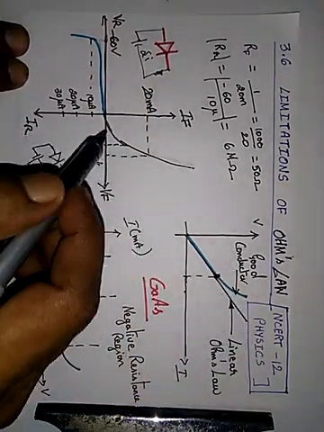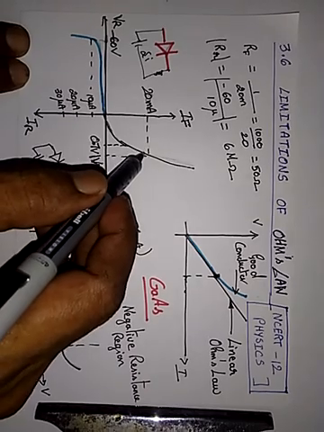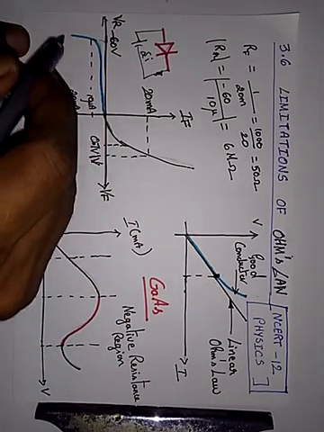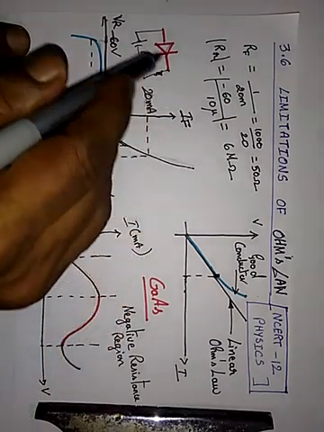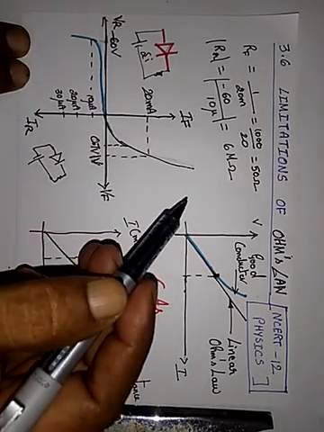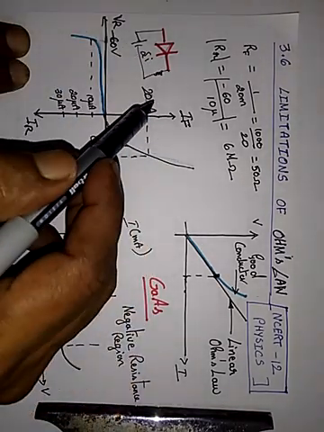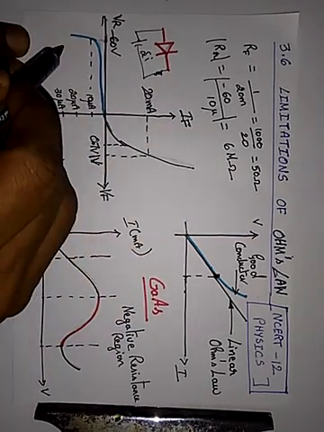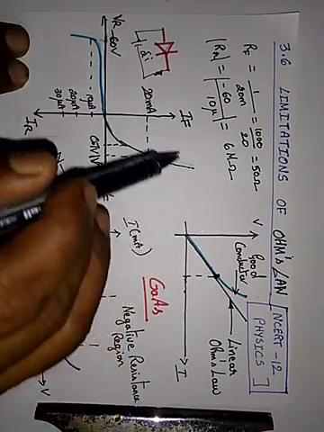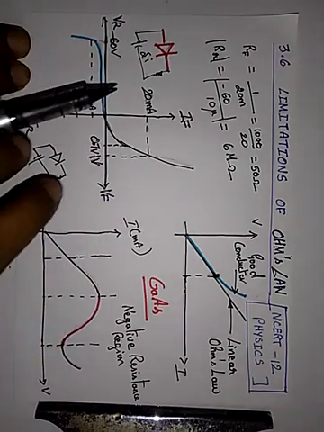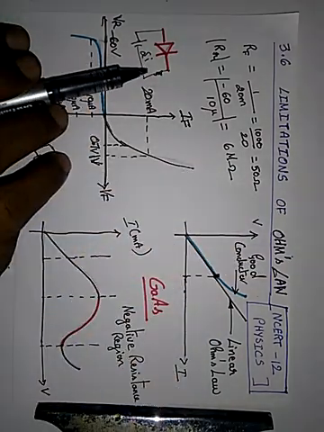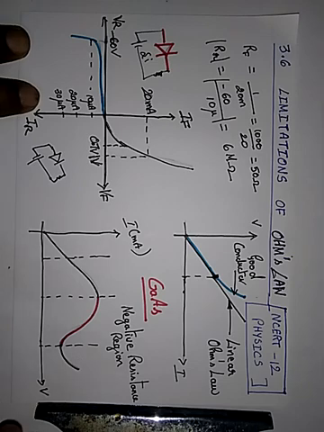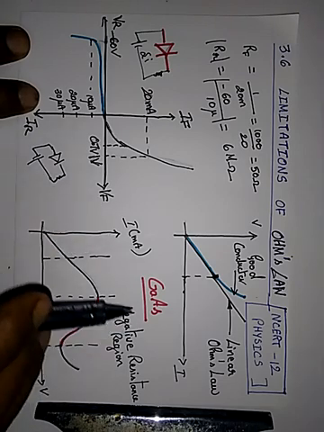This is very high. So both in the forward bias and the reverse bias, it is not at all linear. So basically a diode is a non-linear device. In this case, this diode will not obey Ohm's law since the characteristic curve is not linear. Most of the electronic components will not obey Ohm's law. Okay. Now coming back to another example.